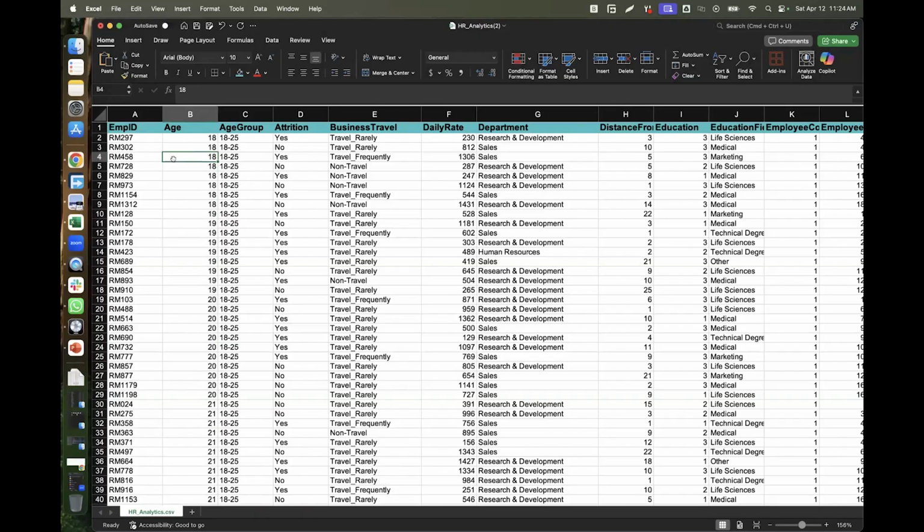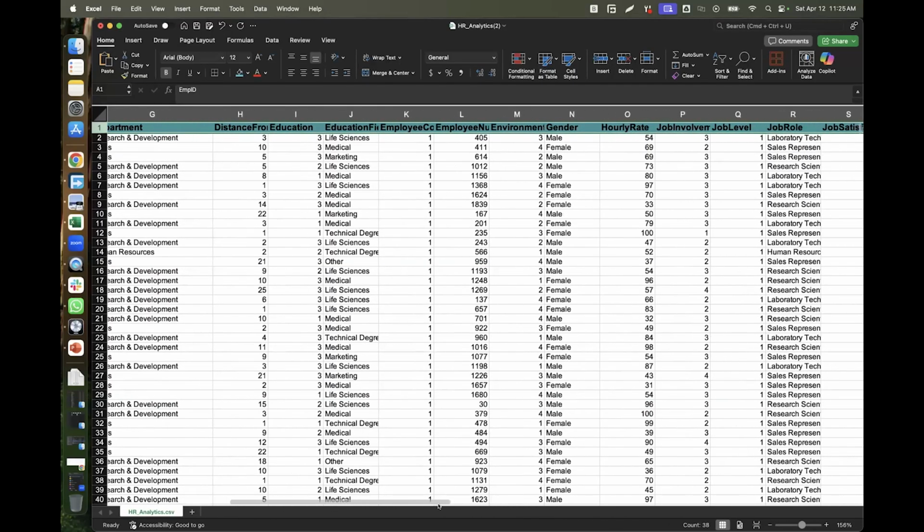Try to understand the basics of the data itself. So this is an HR data. One of the best ways I use in analyzing data is to use the headers like this to understand at a quick glance what this data is all about, right?